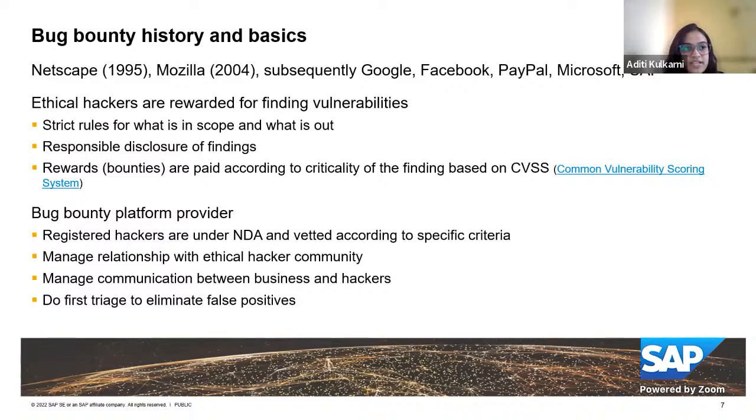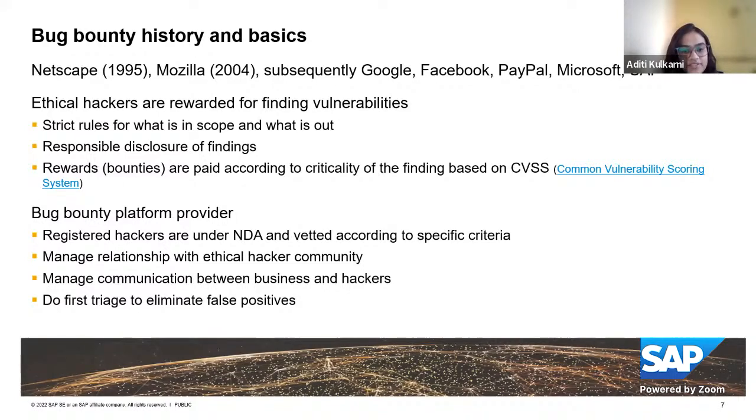Maybe I can also mention that they would also be observing the ethical behavior of the hackers in some ways. So basically, the entire win-win kind of relationship is taken care of by the platforms.